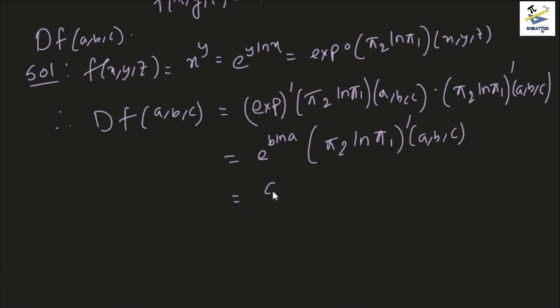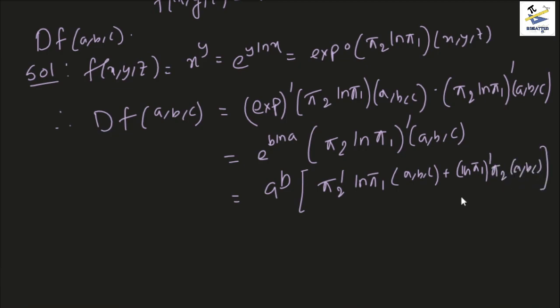This becomes a to the power b, and now this is a product of two functions, so obviously it would be pi 2 prime into ln of pi 1 of (a, b, c) plus ln of pi 1 prime into pi 2 of (a, b, c). So this becomes a to the power b, and now pi 2 prime, as I told you,